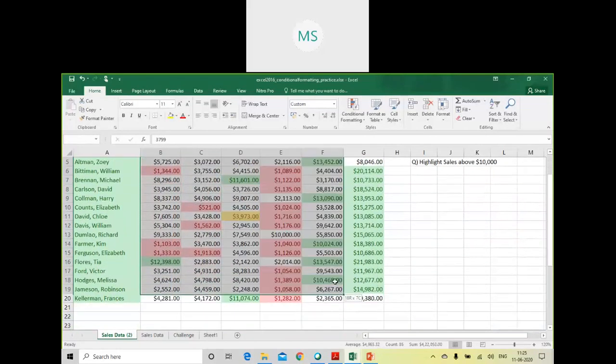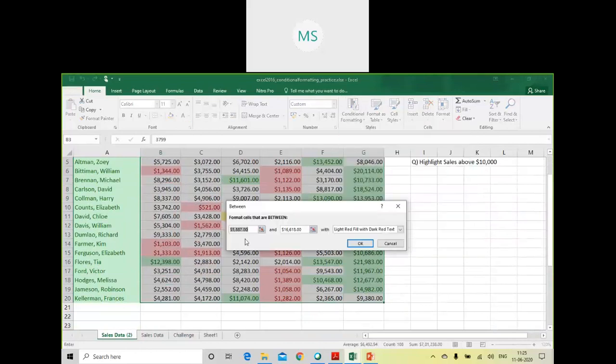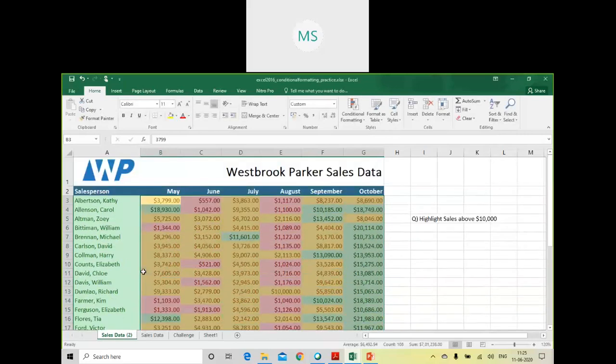Sorry, again I have to select the entire area, then only I can perform the operation. Now between, here I am selecting 2000, and here 10,000, and yellow. Click on OK. As you can see, all the cells present in my selected area have been highlighted by any of the colors depending on the rules I have applied.